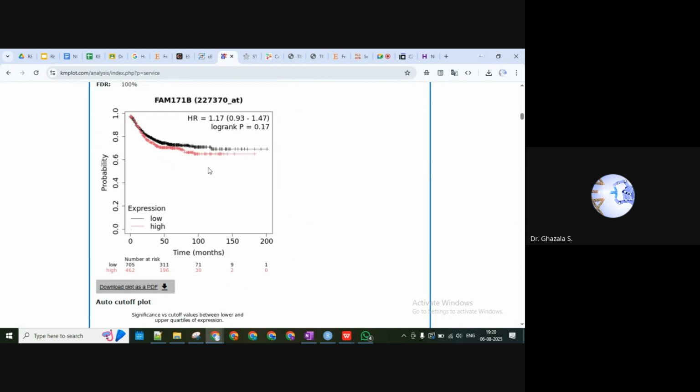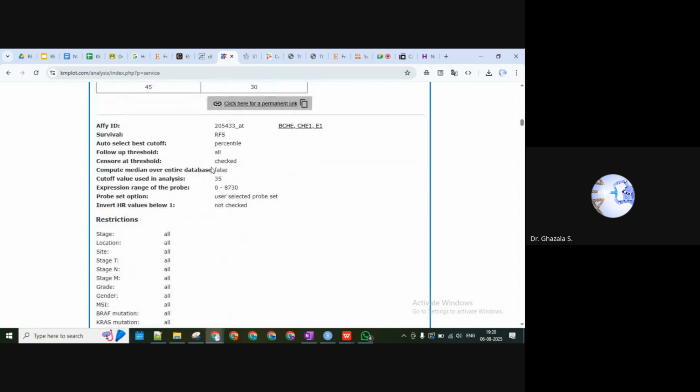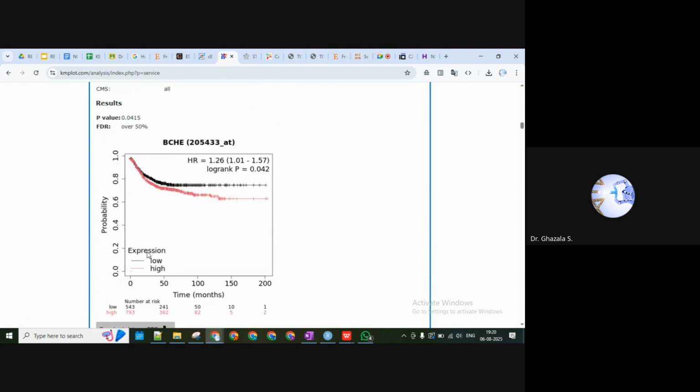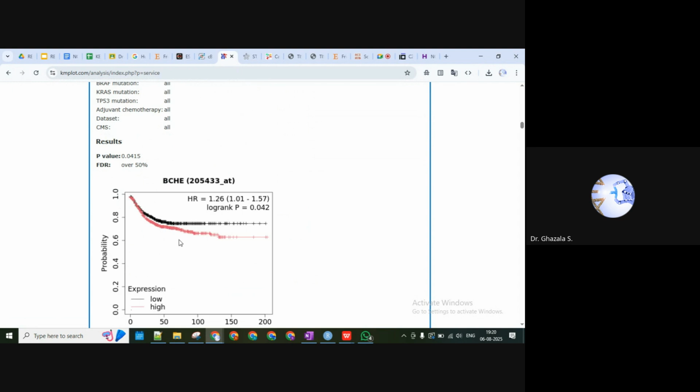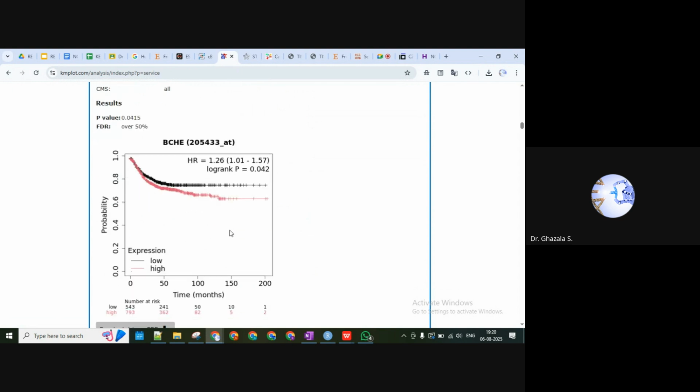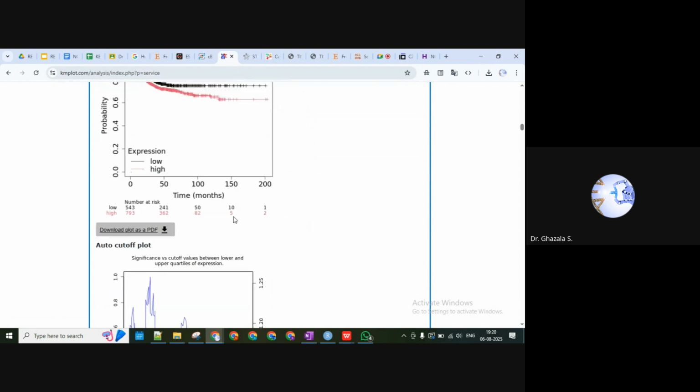Most of the time we focus on predictive genes that can predict the stage or the progression of the disease. Here also there is not a lot of difference, because as we see the probability varies from 0.7 to 0.8, so not much difference. But if you are not getting too many genes as good predictive genes, then you can consider this as well, because there is somewhat of a difference.